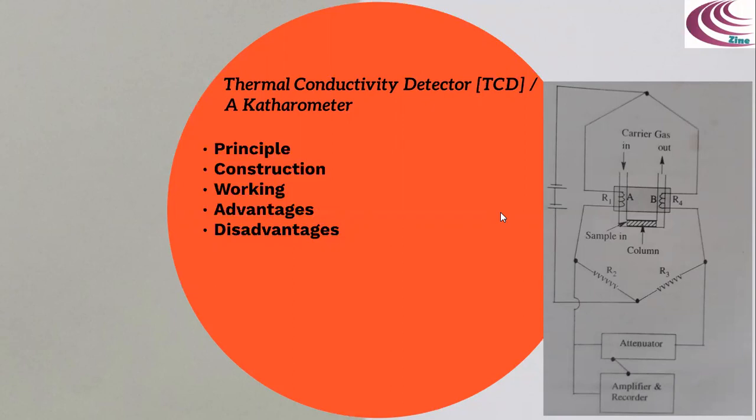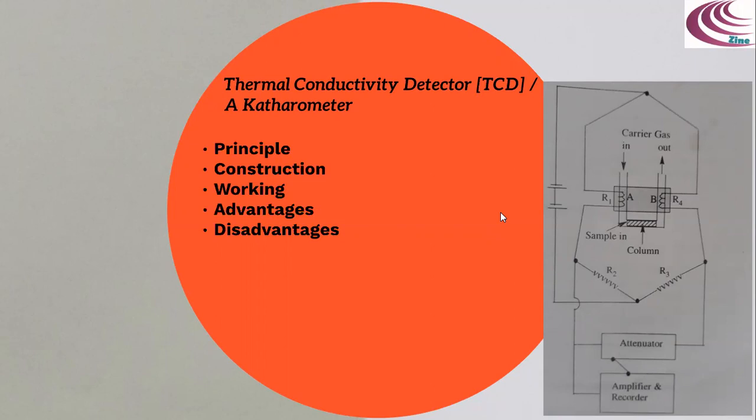The temperature of the coil B now depends on the thermal conductivity of this mixture and not on the thermal conductivity of the carrier gas alone. The resistance offered by coil B depends on the actual temperature of this coil. The change in the resistance of this coil disturbs the null point in the circuit. The resistance R3 in the circuit is again adjusted so as to get zero current in the circuit, and this is achieved only under the condition expressed by the equation of Wheatstone bridge, that is R1 divided by R2 is equal to R4 divided by R3.